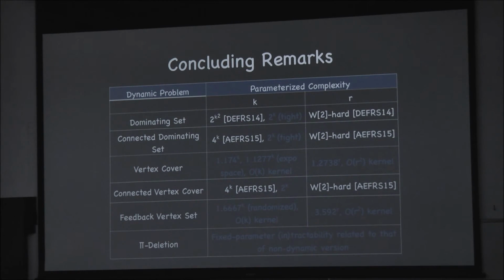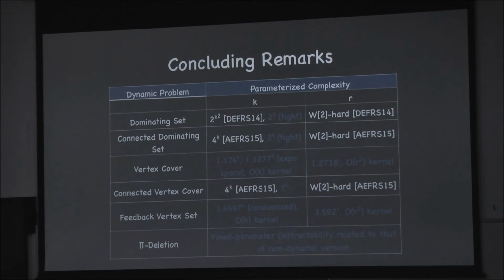And what we showed was that many problems that are hard, or at least two problems that were hard in the parameterized complexity framework, become sort of tractable when you consider a different parameter. And that different parameter is obtained in the dynamic setting. This is what we saw. So what happens to classical tractable problems in the parameterized complexity world? They remain tractable in the dynamic world too.